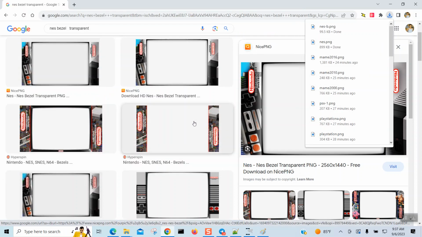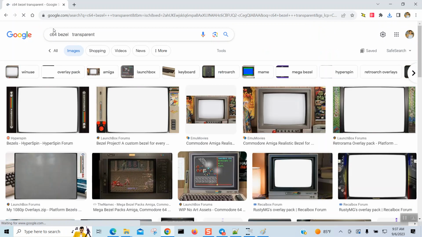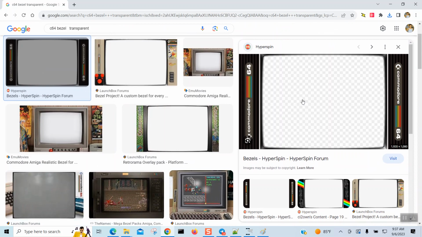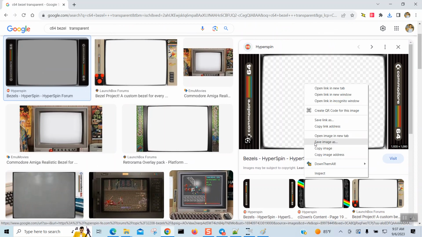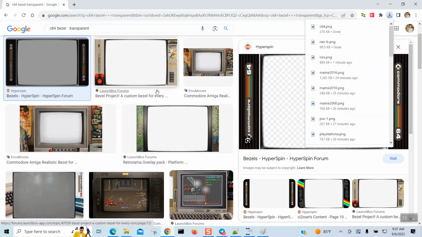So that one I had to do 2 steps to fix the artwork. Alright, so we finished that. We're going to do a Commodore 64. Those of you who like Commodore. Now this one looks not bad. This one has the Commodore 64 on the side, and that actually is really nice. Alright, so we have Commodore 64. So C64.png. Now we just need Atari 7800,